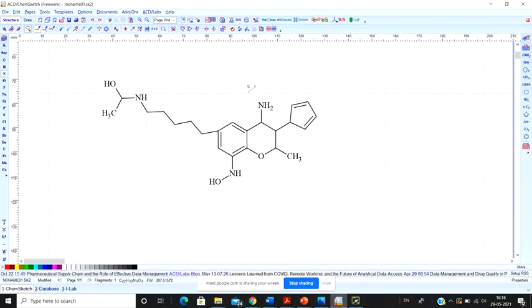Apart from that, you can also use this particular structure for other purposes. Suppose sometimes what happens, you need to make a more complex molecule, and the generation of that complex molecule inhibits or creates some type of... what should I say? What is the term? I'm forgetting the term.